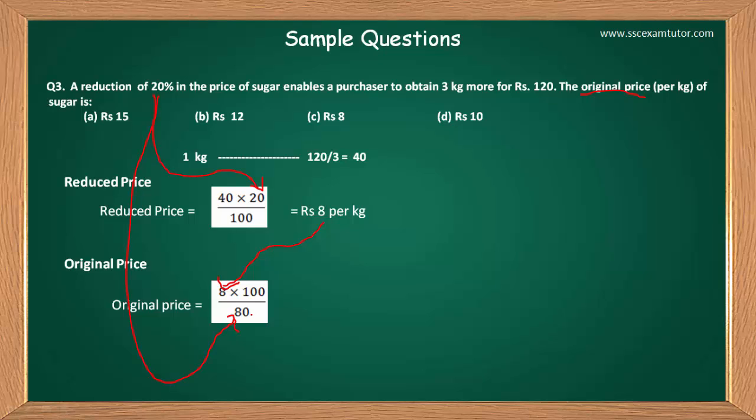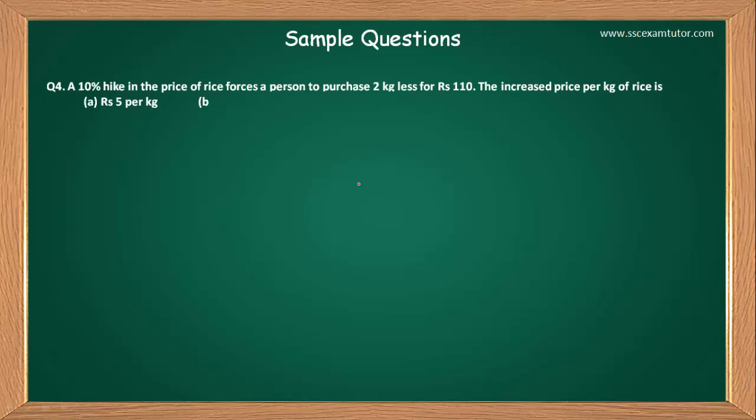तो अगर अभी भी आप नहीं समझ पाए हैं तो फिर देखिए, अगर आपके पास 100 रुपये हैं और 20% डिक्रीज़ हो जाता है, रिड्यूस हो जाता है, तो आपके पास कितने बचेंगे 80, राइट। तो यही 80 को मैंने यहाँ यूज़ किया है। तो जब इसे सॉल्व करेंगे तो आप 10 रुपीज़ पर केजी आएगा, और ये हमारा आंसर है।